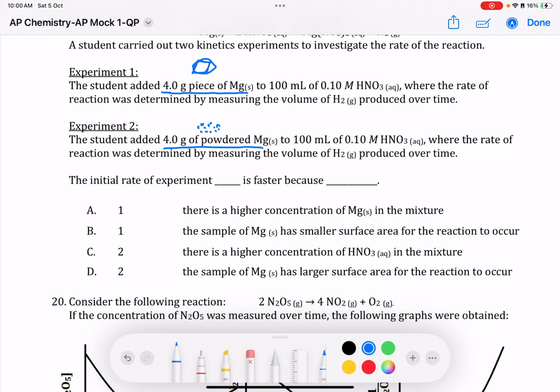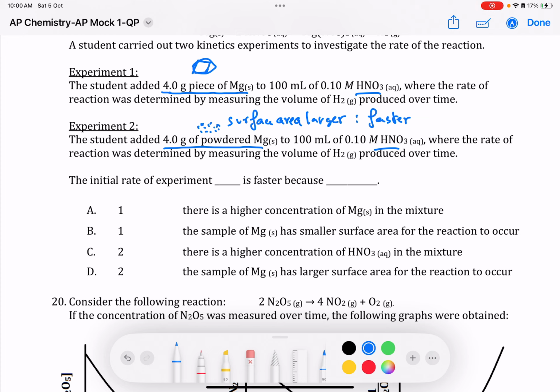So the surface area in contact with the acid solution is larger. So in this one, the reaction is going to be faster, because we have more collisions, more particles exposed to the nitric acid solution, which increases the frequency of collisions,